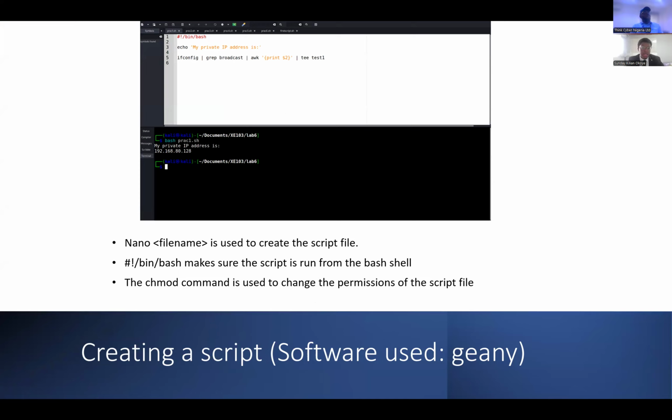So we can use either nano, right, and the file. Can you just briefly move to